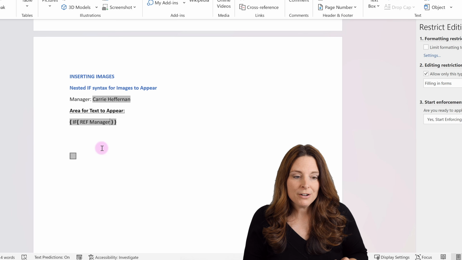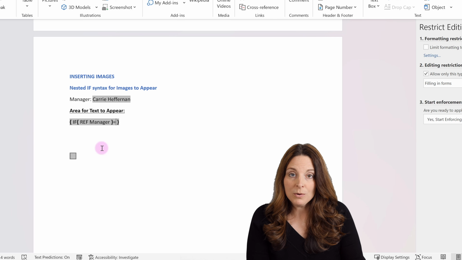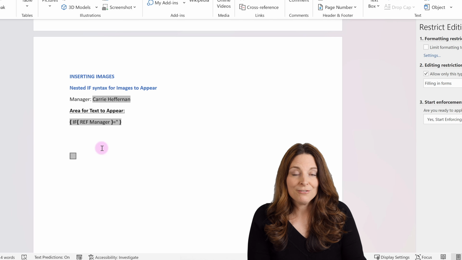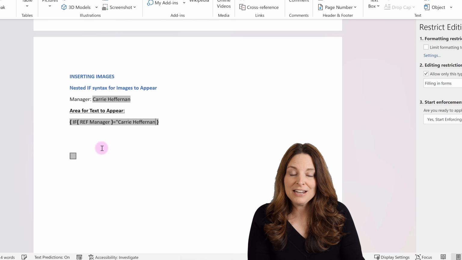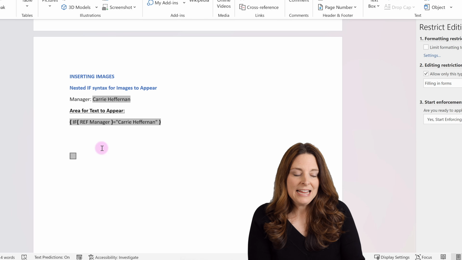Now I'm going to move my cursor outside that first bracket and hit equals. And then I'm going to open up quotes, and this is going to say the first name of one of the managers, Carrie Heffernan. And then end quotes. So we're saying if that field equals Carrie Heffernan,